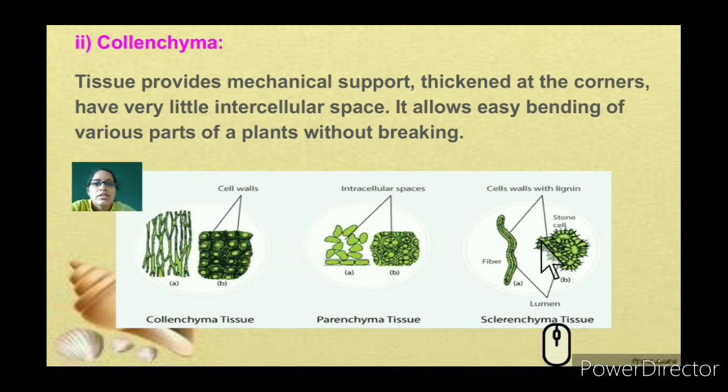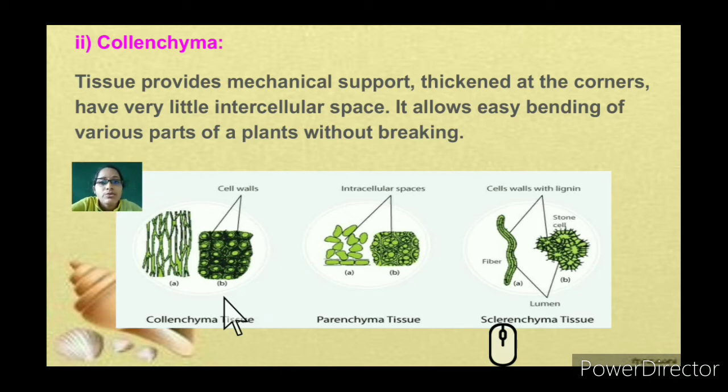So next, simple permanent tissue after the parenchyma is the collenchyma. You can see here parenchyma we have already discussed. Let's understand what is collenchyma. So chlorenchyma is different and collenchyma is different, don't get confused. Chlorenchyma is with respect to photosynthesis. Collenchyma, what does this do?